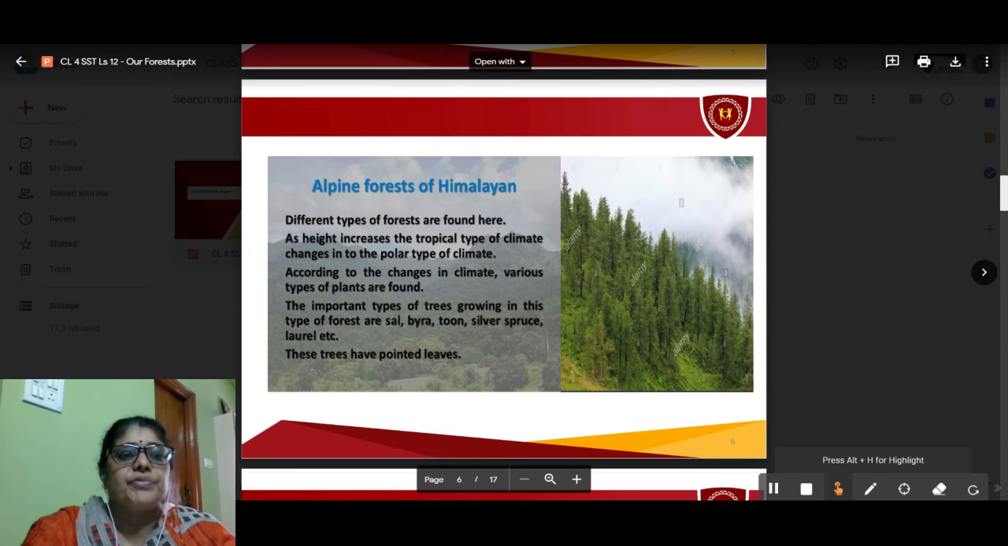That means on the plains, where the climate is a little normal, it will be hot in the summer and cold in the winter. But in the mountain forest, as the height increases, the climate changes to a polar type of climate. That means it becomes very cold. According to the changes in climate, various types of plants are found. And mostly the trees that are found in these mountain forests or the Himalayan type of forest,